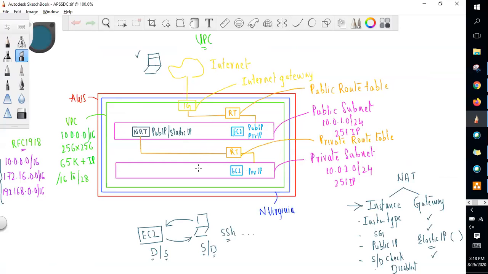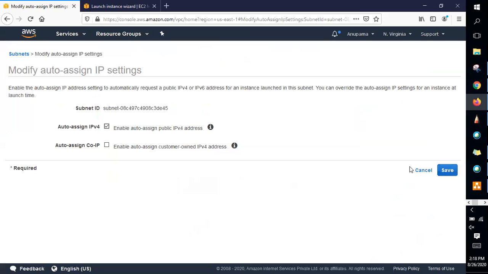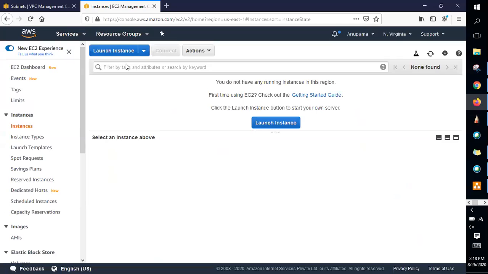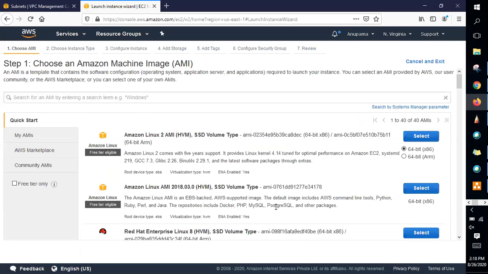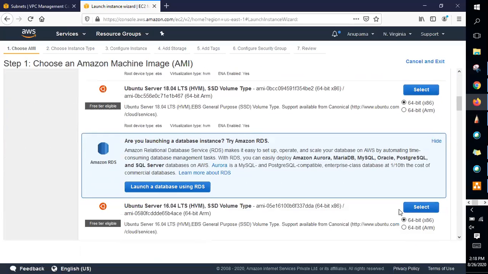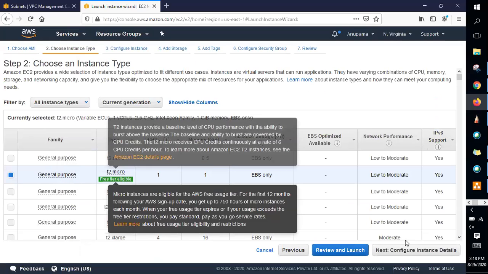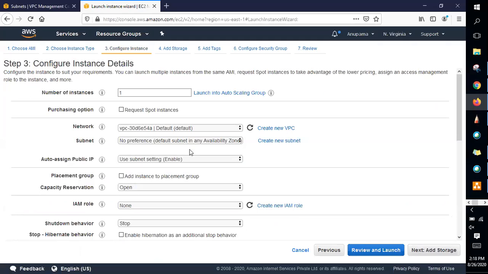Because I have not enabled it for this subnet, the instance in this subnet would not have a public IP by default. We will see where we can see that option. Okay, so let me save it first of all and cancel, and let me launch again to refresh the settings and select the Ubuntu 16.04 LTS, which is T2 micro. And in the VPC, let me select the custom VPC.